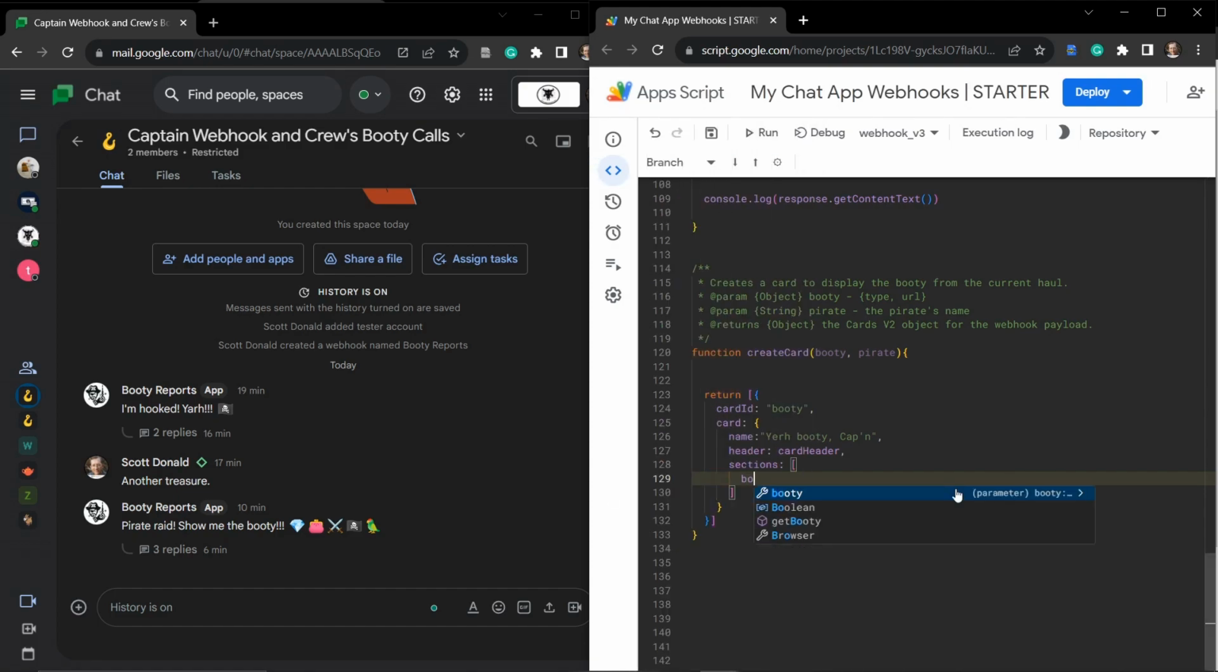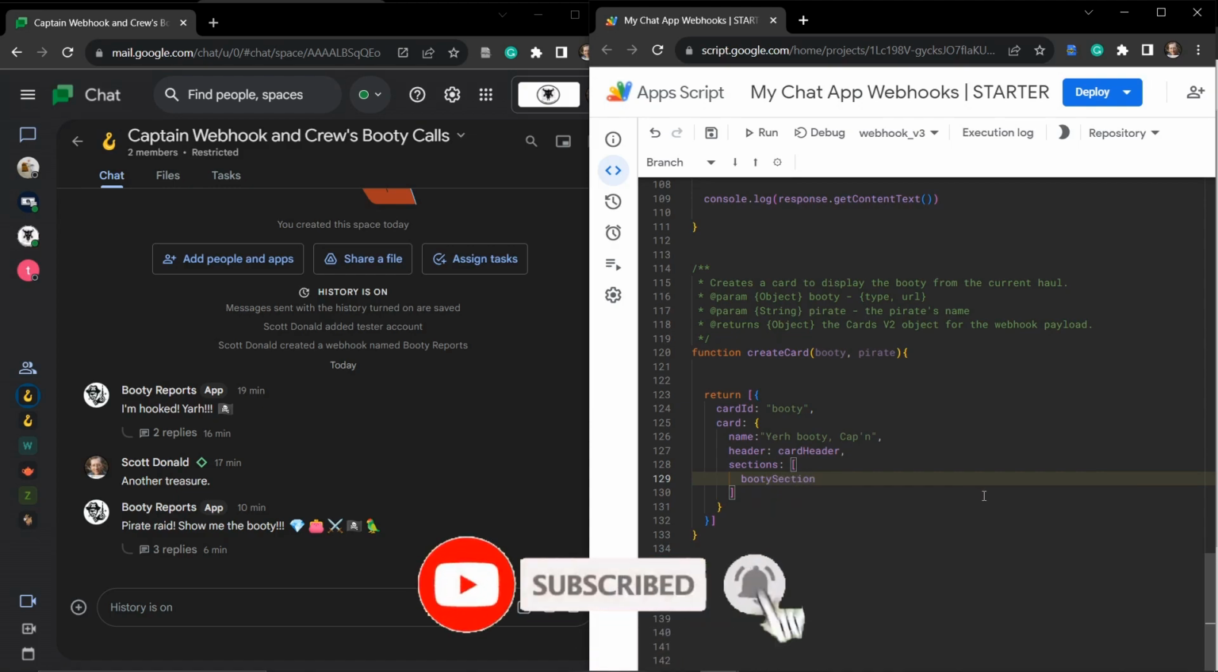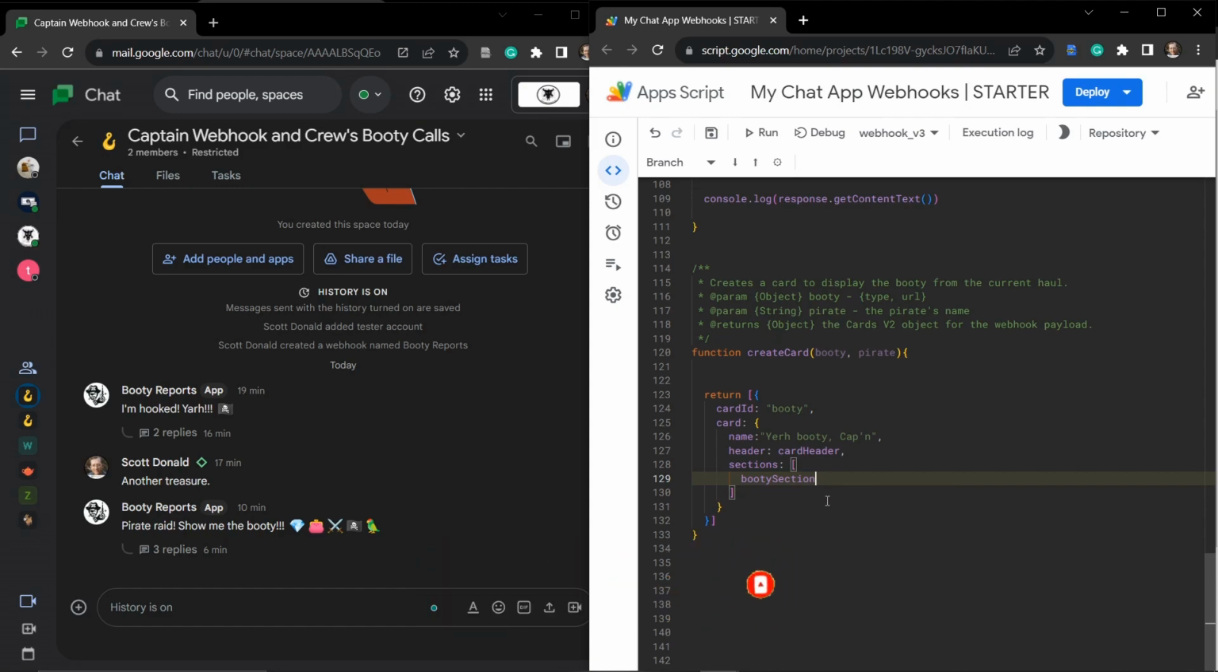And this section is going to be the booty section. Lovely. And I think that's all we have in our sections there. Cool. So now we have our sections built. We're going to go up